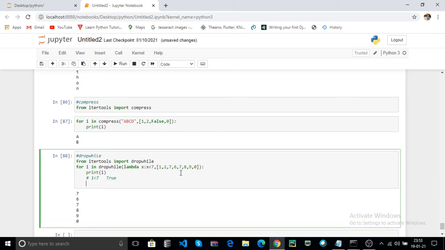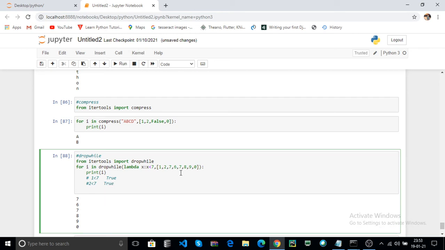In the second iteration, 2 is less than 7, it is also true, so it is skipped. In the next iteration, 7 less than 7, the condition is false. When your condition is false, from that element all your list items are printed in the prompt. That is dropwhile.